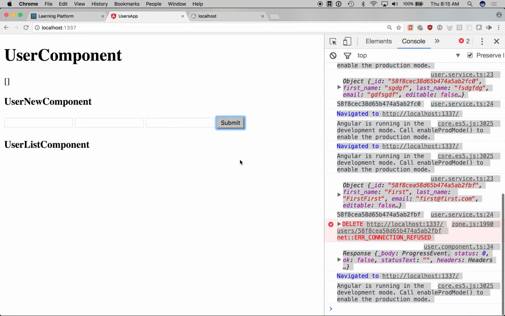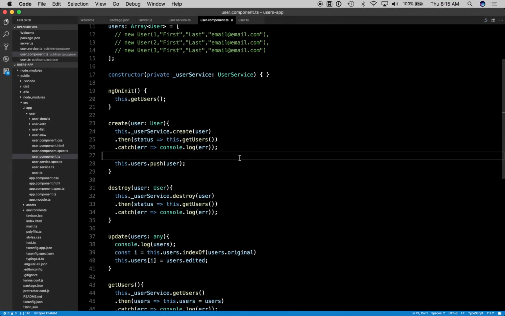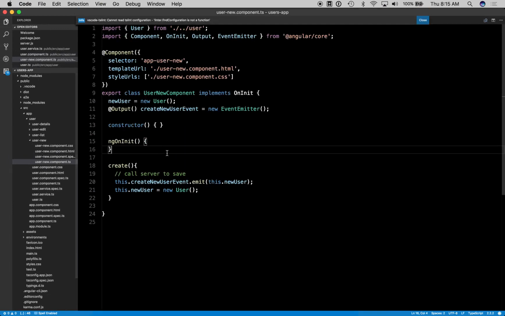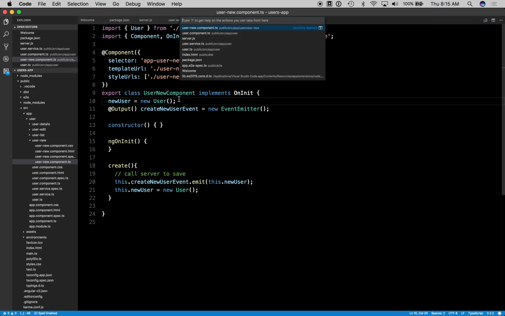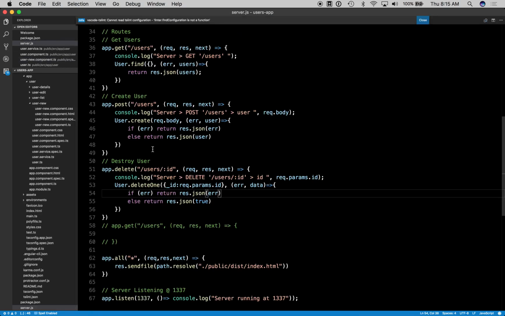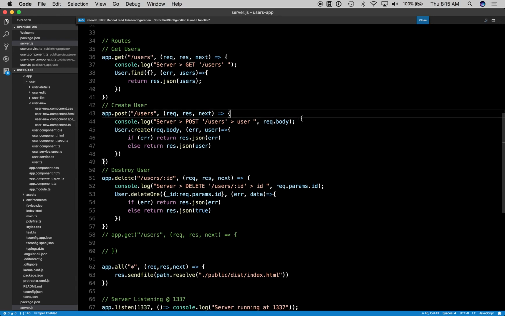a@a.com, submit, refresh. Yeah, so it's not creating it because I believe when we call on in the new component, we create a new instance of user. We're giving it the underscore ID property. So it's like we're kind of creating a temporary one on the front end, and we need it there so that the object always reflects that piece. But on the back end, every time we create something, we need to strip that piece off before we create it. So on the create method here,